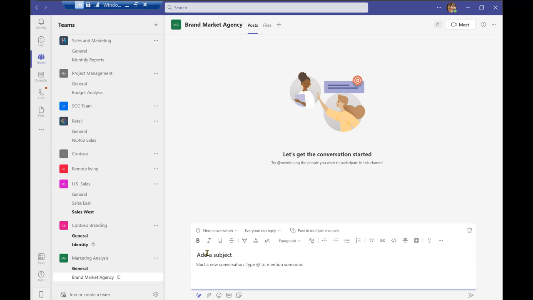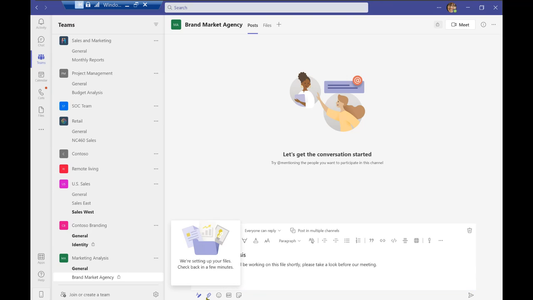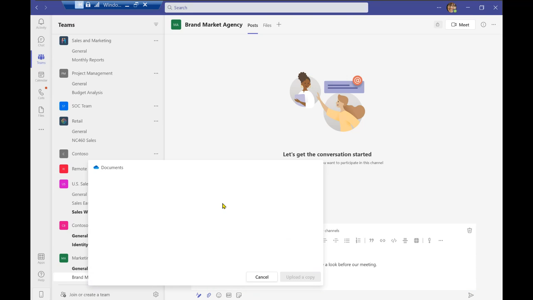So I can add the subject, and add my message. And now I'm going to go ahead and attach the document that I was referring to in this message. So I can take a minute to select my OneDrive right over here to go ahead and share out my file.